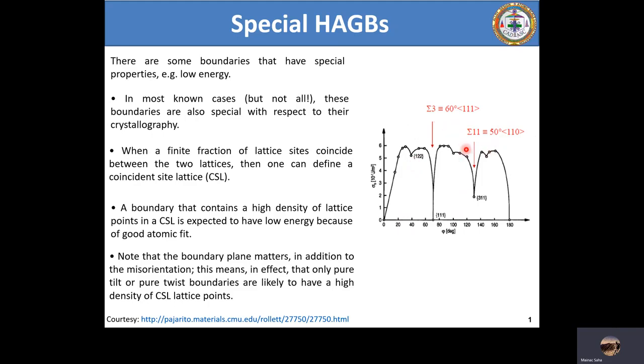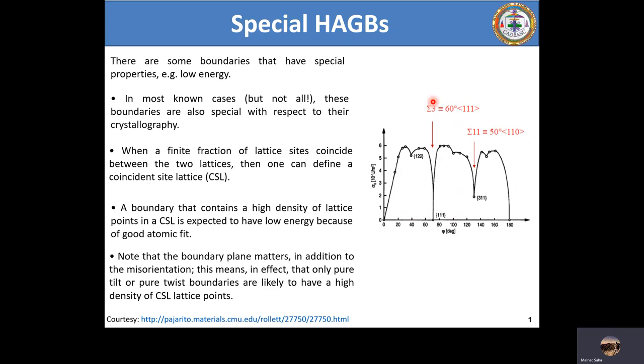The second thing to take from this slide is that if you are looking at sigma 3 and sigma 11, because sigma is nothing but the inverse of the density of coincident lattice points. Of course, for your level, I don't feel the need to cover that aspect to a large extent. Otherwise, it will lead to complex grain boundary plane crystallography. What I mean to say is that we need to understand the physical significance of sigma 3 and sigma 11. If you're looking at sigma 3, this means that each and every third lattice plane between the two adjoining grains